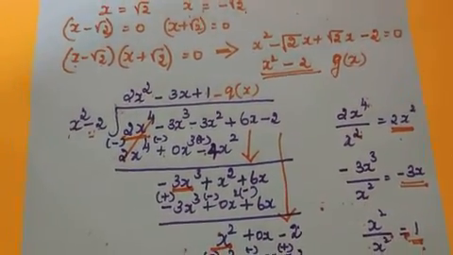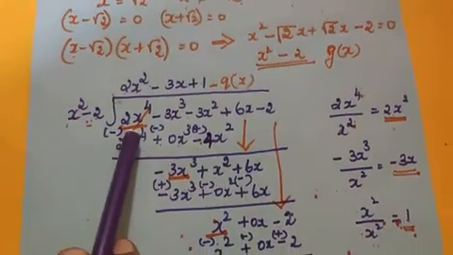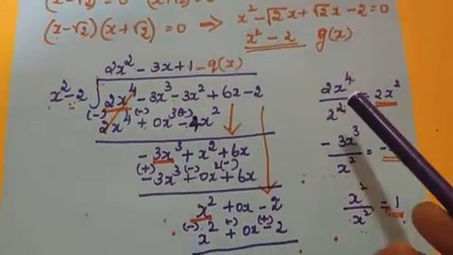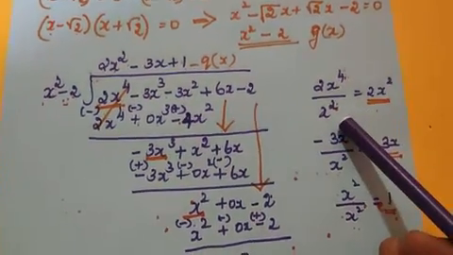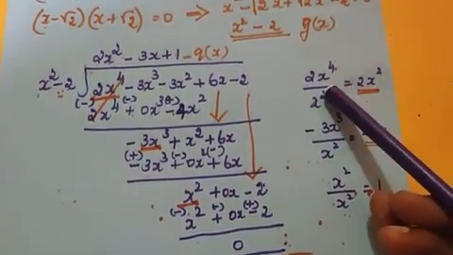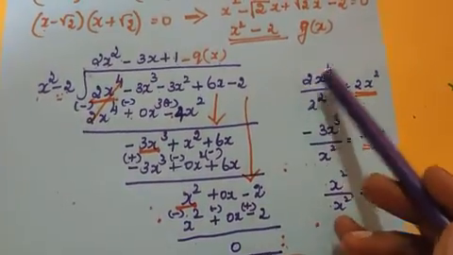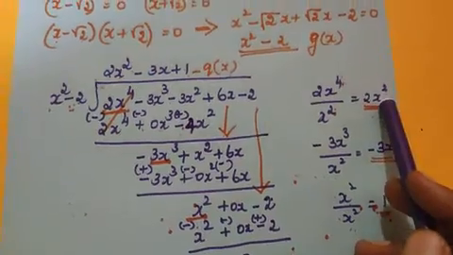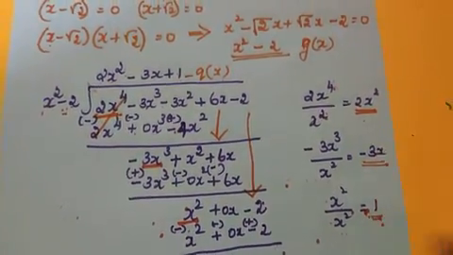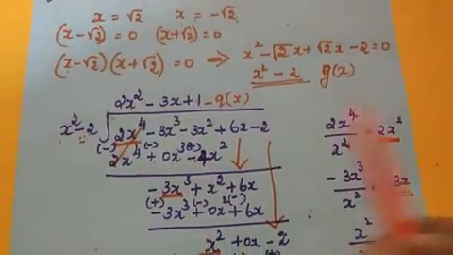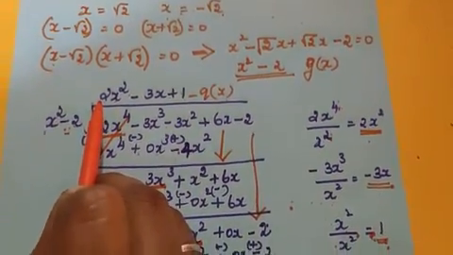Long division, when you are dividing, first we have to take the first term with the divisor's first term. Right? 2x power 4 divided by x squared. So here 4, here 2. So 4 minus 2 is 2, and 2 will be the coefficient as it is. So 2x squared. Now this 2x squared becomes our quotient.